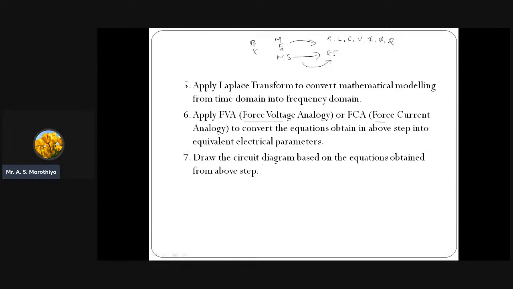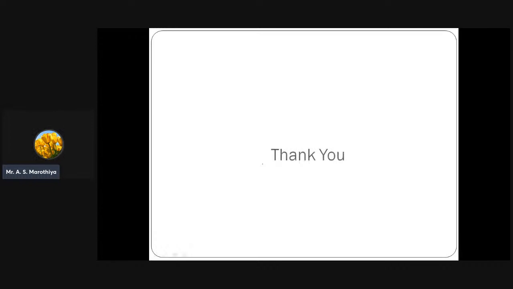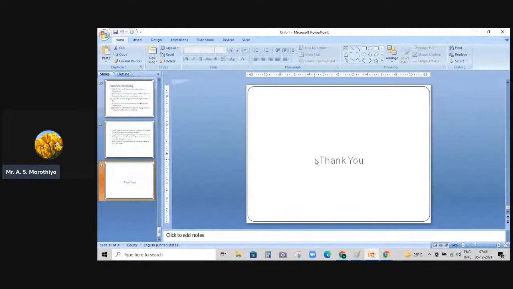So this is the process that we need to implement in order to find out the mathematical modeling of a control system. But as far as the time duration is concerned, I'm not going to cover this particular portion in detail. I just want to explain the fundamental aspect of mathematical modeling and how it is going to be done. Because as far as GATE is concerned, this portion is not so important,